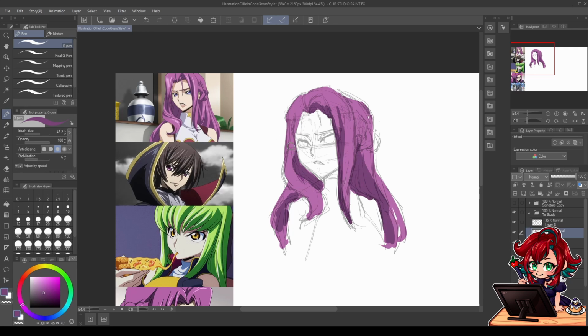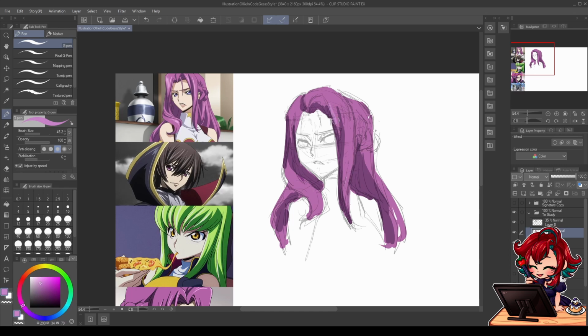Okay, so maybe like this, and for the highlight I'm still going to stay in the same color. I will not go a more reddish or a more bluish tone, so let's stay around the same range and